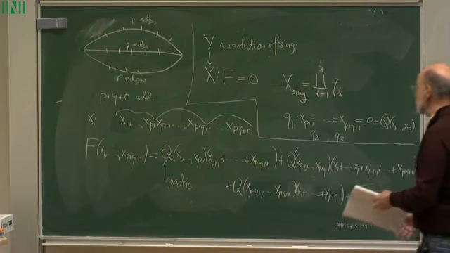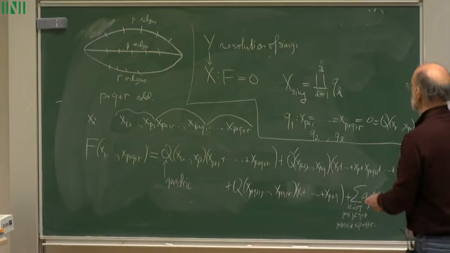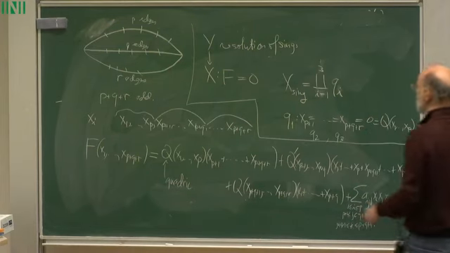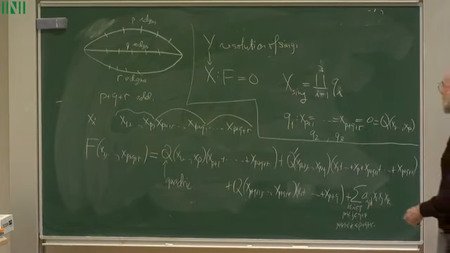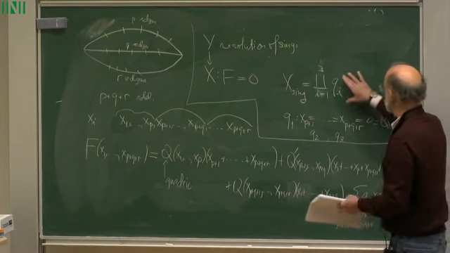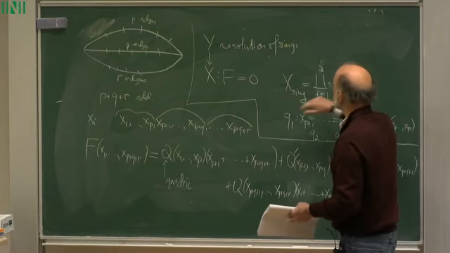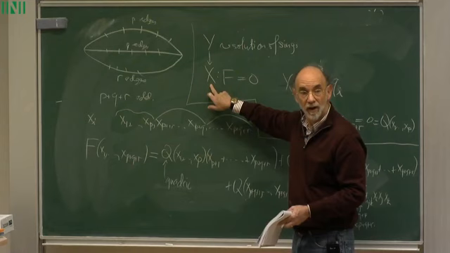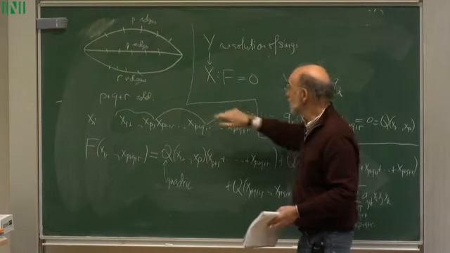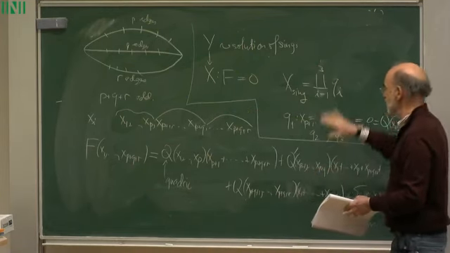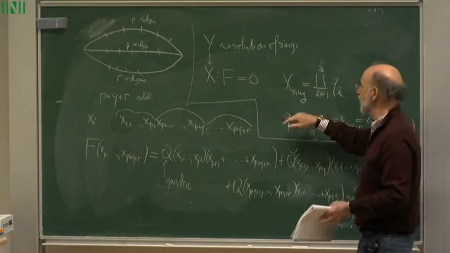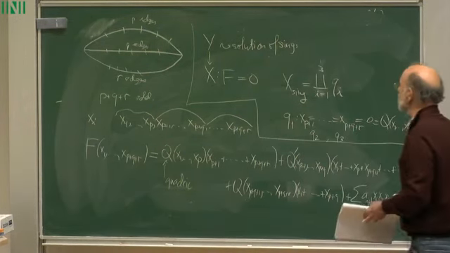You easily see that I get a disjoint union of 3 quadrics. With a little more work, you find that those quadrics are exactly the singular locus of x. With still more work, and here I have to be careful, I haven't checked in full generality, but I've checked the examples,